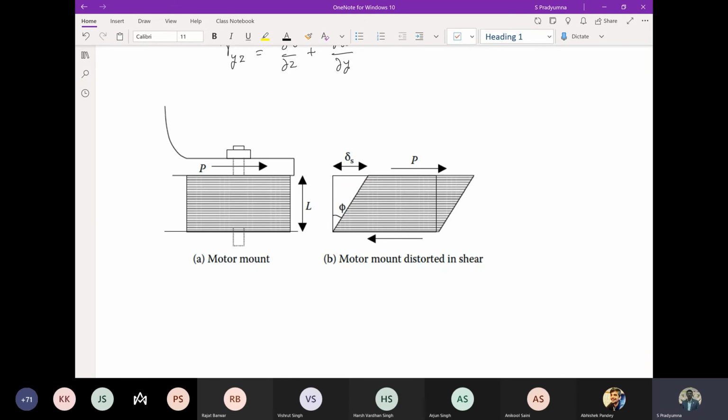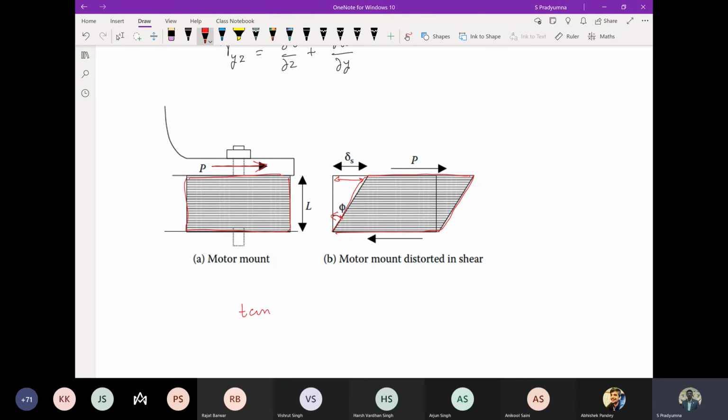Now I want to know what the shear strain is, right? We are applying a force in this direction by some motorized arrangement. Because of that force, this element, which was like this, a block, now changes to something like this. Now there is a change in this angle phi and there is a displacement delta S. Can we connect this to the shear strain, which is actually related to phi?